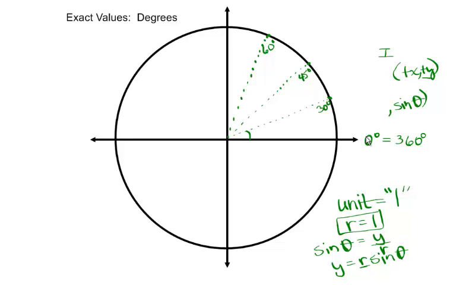In like fashion, since the cosine is adjacent over hypotenuse, the x coordinate is the length of the radius times the cosine of that angle measure. Since we are in the unit circle and the radius is 1, the x coordinate winds up being the cosine